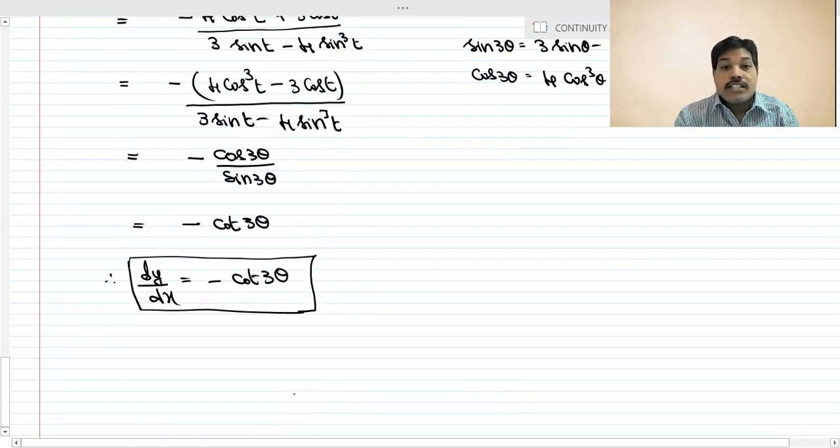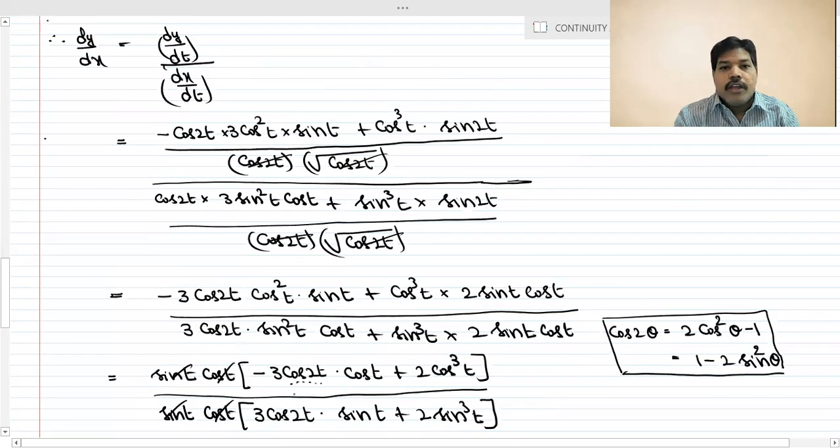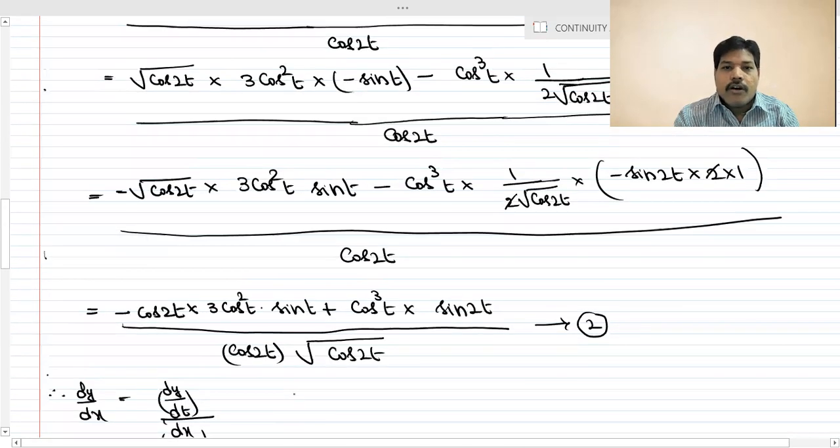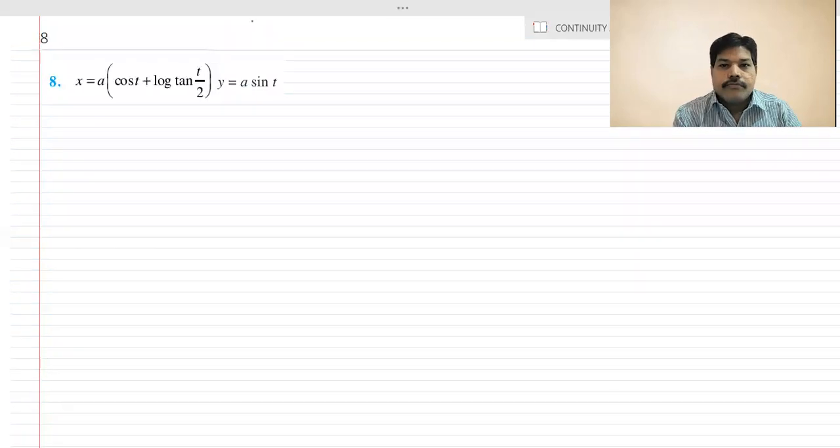So see that question, students, and practice it a number of times. After the simplification, if you have any doubt after writing the notes and practicing the question, ask in the group. Okay, see that question and practice it. See the next question, students.